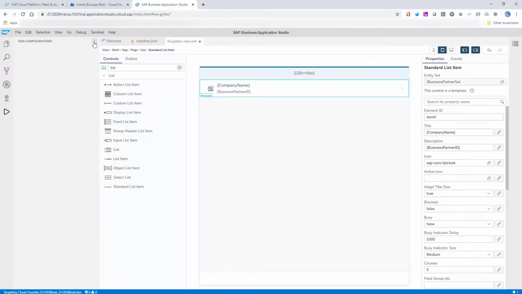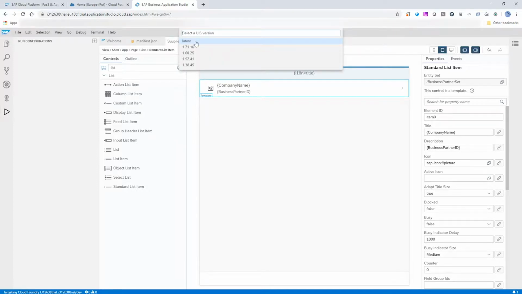I'm going to create a new run configuration. I can create multiple run configurations for each application to run it in several different ways. And we are going to run it in a very simple way. So it's a run configuration for my HTML5 module. We can test it with mock, or we can run test frameworks, but we're going to do a basic one